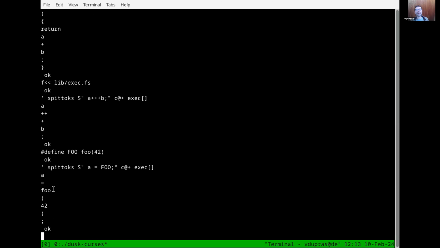We see that tokenizing works as expected, and we don't improperly consider this as a single token.